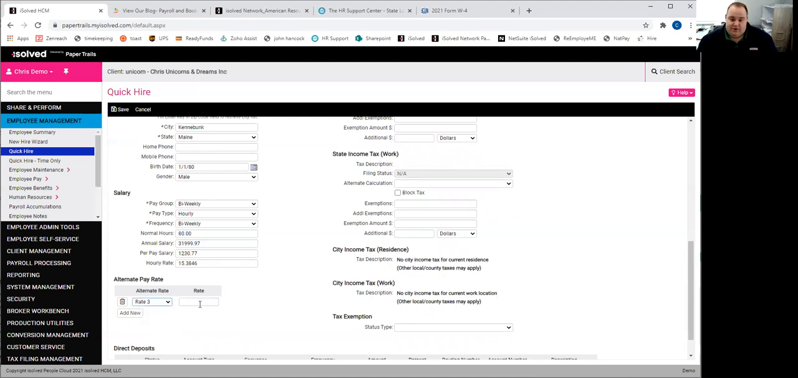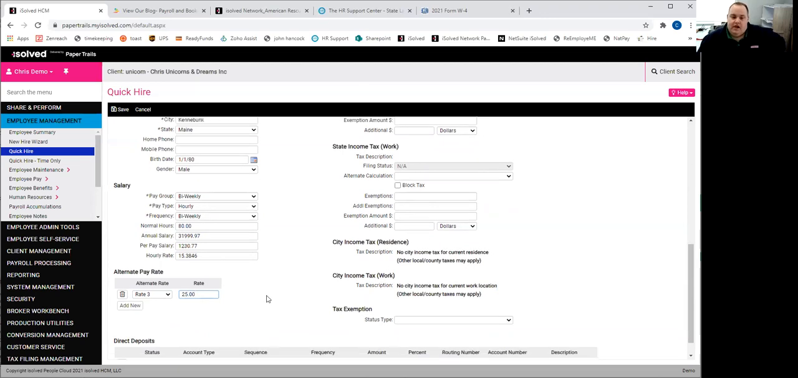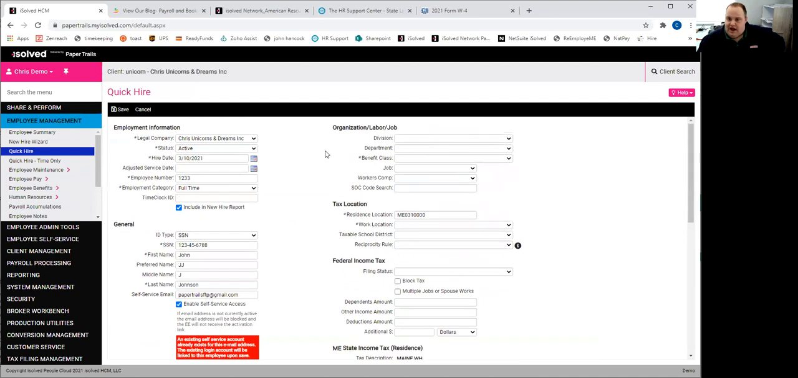So this person may do some cleaning on the weekends, for example, and he gets $25 an hour at that rate. That is an option, not something you have to use, but it's available for you. I'm going to scroll back up to the top here and look, coming back to the right-hand column,